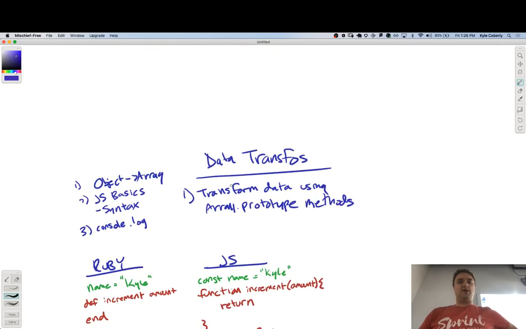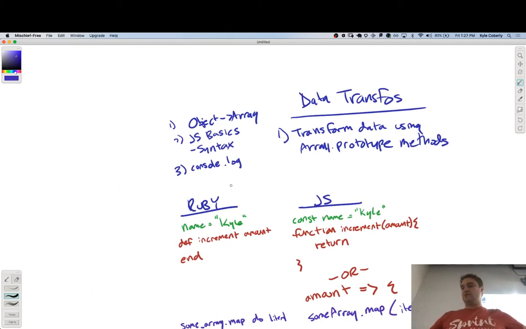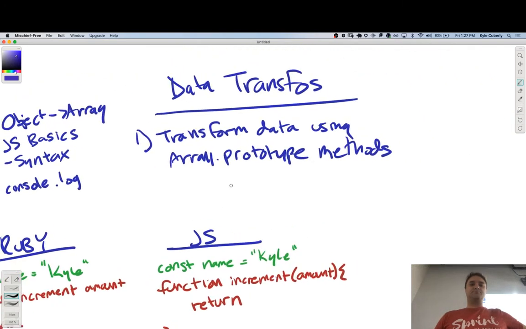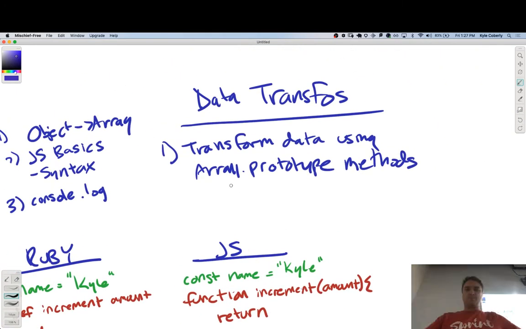Other questions about syntaxy stuff before we start transforming some data? I'm still confused with the players and the one, like, fuzzy. Accessing the nested stuff? Yeah. Cool. So